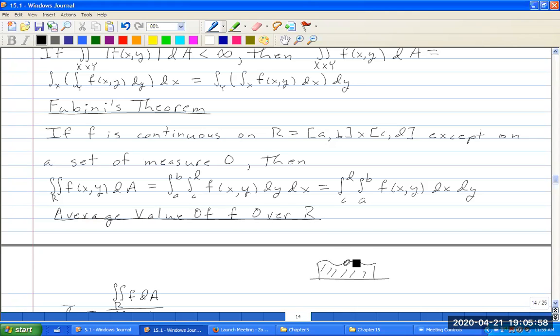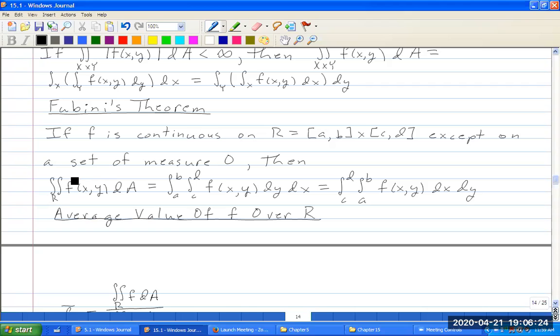It's continuous everywhere except for maybe a few points. Maybe it looks like this. Then it still is the area under that curve. So as long as it's continuous, except for a few points, and those few points don't make a big difference, meaning they only have measure 0, then the